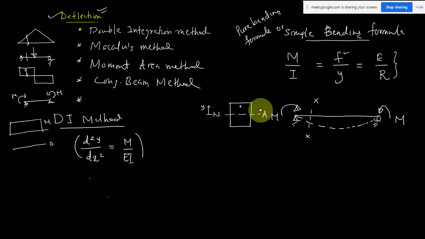So that means, I have taken an example of loading with these two end moments. This is a pure bending condition. So the beam is under pure bending, and now if you have a beam under only bending moment acting, then your beam is going to deflect like this.